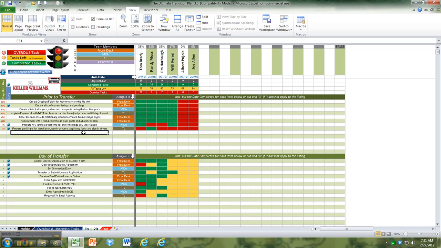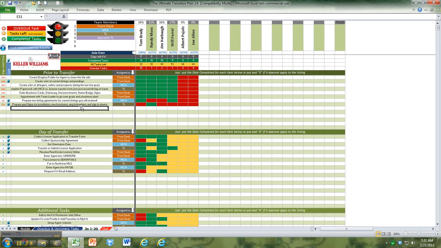Got a new addition to one of the biggest things that we need to take care of in our business, and that's the transitioning of agents in and out of our office. Most importantly, obviously, into our office, and making sure that those transitions go as smooth as possible and that we're not missing any steps along the way. And now we have the ability to track and see everybody all at once and see if there's any overdue